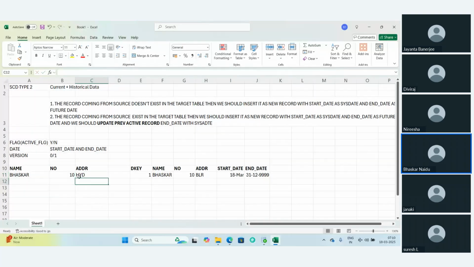When this employee moved from Bangalore to Hyderabad, what should we do? We should look up the target table and check whether this record exists or not. Now the record already exists. Is there any change between source and target? Yes, there is a change in address. So when there is a change between source and target,